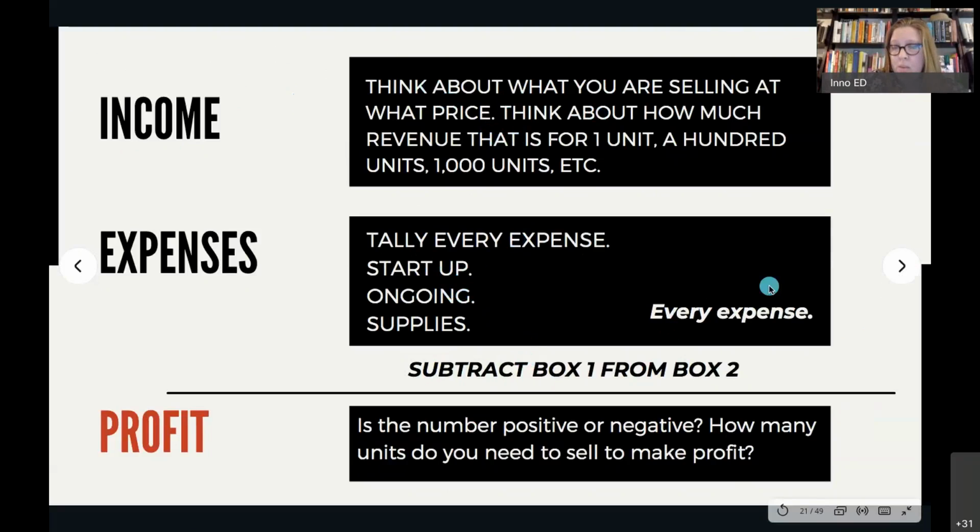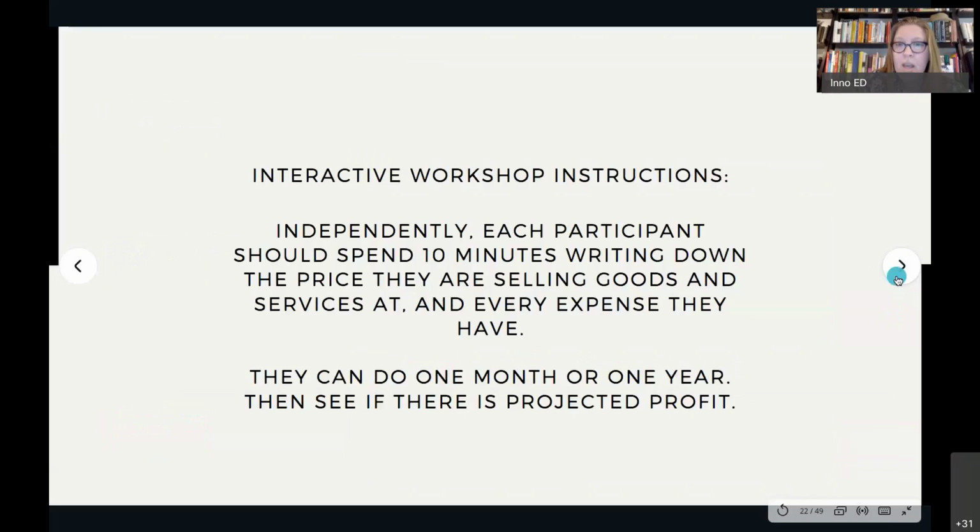One of the exercises that we typically do within the session is have people try to do this for an imagined period of time in their business. And what people end up finding is they have way more expenses than they had realized, expenses that they were just paying for personally. And so it can be a good exercise to start with so that you're really seeing exactly how much money is in the business. And so if this was an interactive session, we'd have everyone spend about 10 minutes trying to come up with a sample basic income statement so they can start thinking through what are all those expenses, and in order to cover those expenses, how much am I going to need to sell at what price?